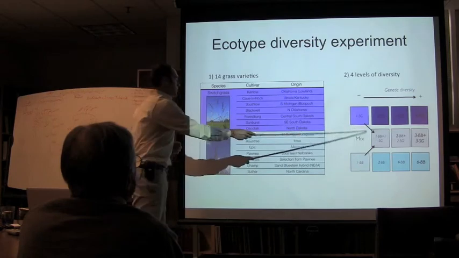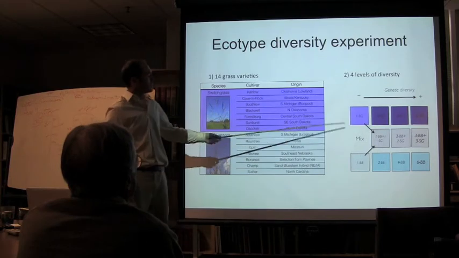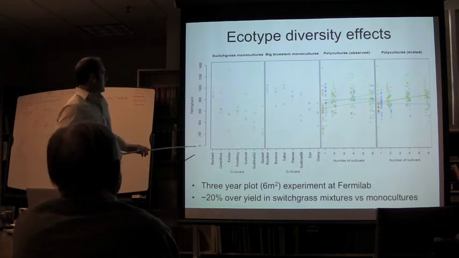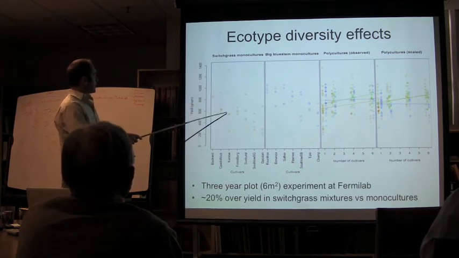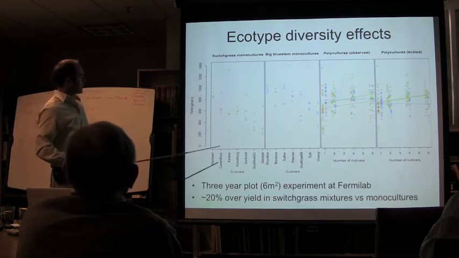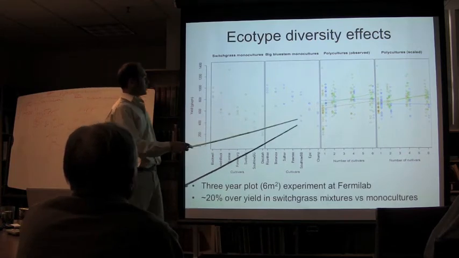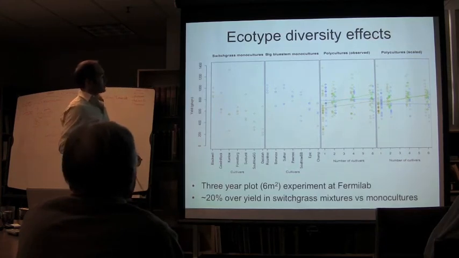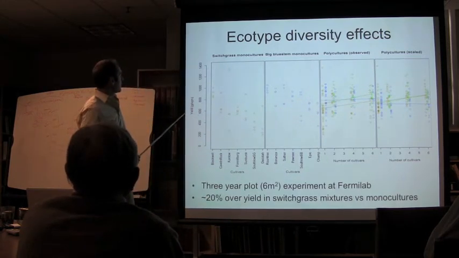And so this is a mixture of the 2 species with more genetic diversity, or the monocultures of either big bluestem or switchgrass with extra genetic diversity. And the results are here. Blackwell, Cave-in-Rock, and Kanlow were the recommended ones, and there's quite a bit of variation between plots. So the noise is another factor, and from the individual plots, you can predict what the average biomass should be in the mixture, and the observed biomass tended to be greater.